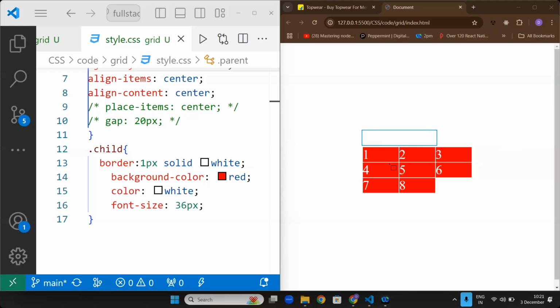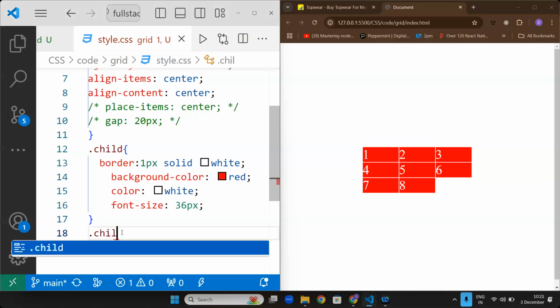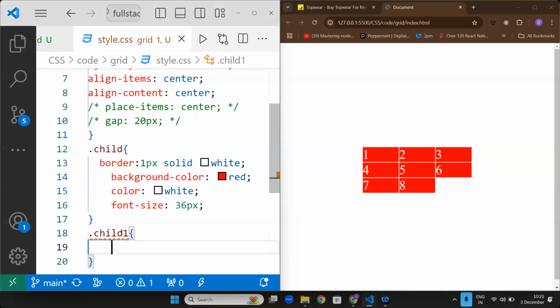You remember? I want colspan of 2 here. How do I do that, sir? If you want colspan of 2, then take this box number 1, which is child 1,